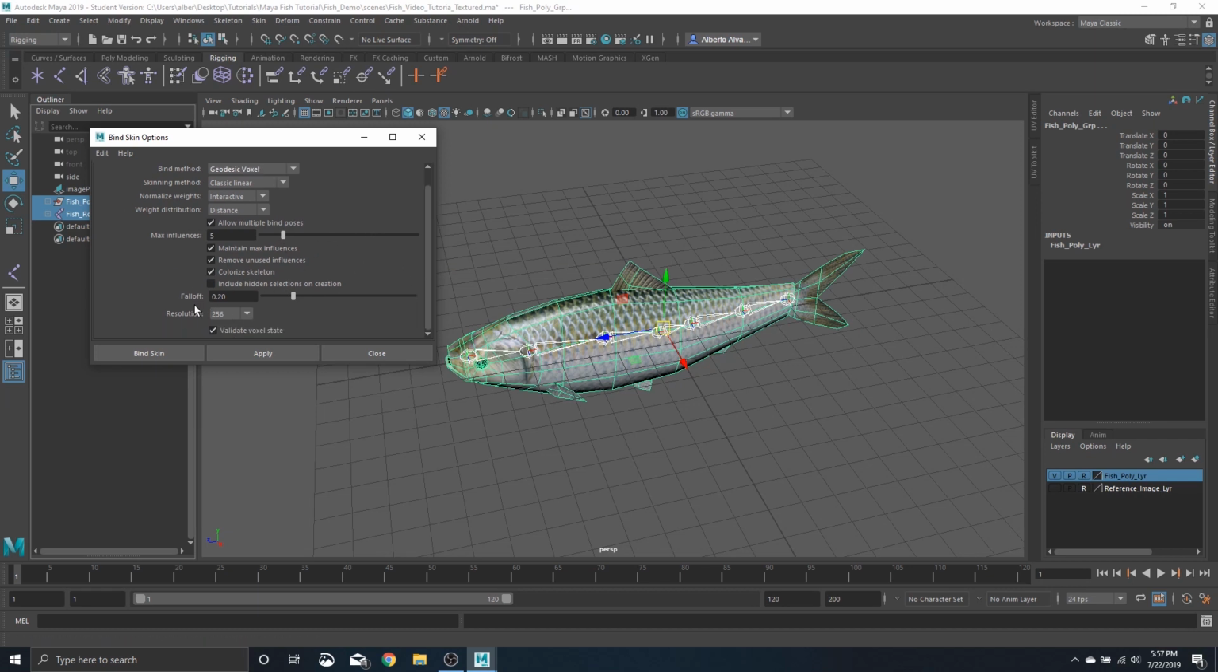The higher the resolution, the better it is. If you have a faster computer, do 512. If not, yeah, I have a pretty fast computer. I'm going to do 1024. But you can leave it at 256, 512. It's basically going to